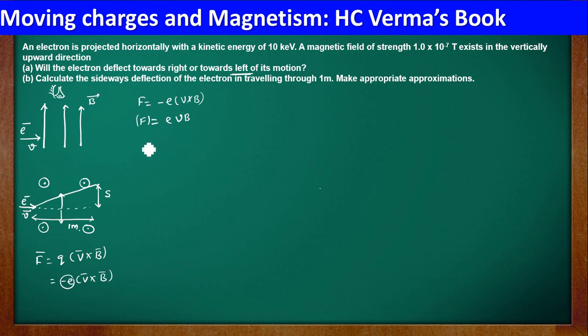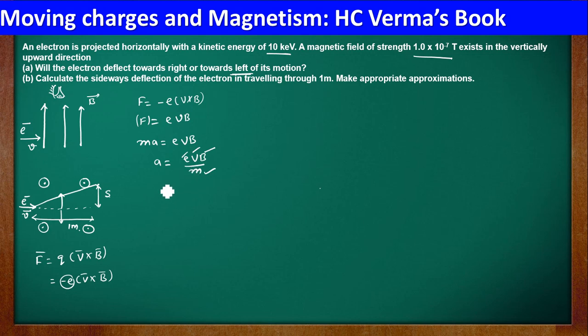Very good. Since it's an electron, it will have some mass, so mass times acceleration is the actual force according to Newton's second law of motion, evb. So acceleration is equal to evb divided by m. e, the charge of the electron, is constant. Velocity is constant because there is some particular kinetic energy, which can be converted into velocity, so that is also fixed. The magnetic field is also constant, 1e minus 7 Tesla. Next, the mass of the electron is 9.1 into 10 power minus 31. That is also fixed.